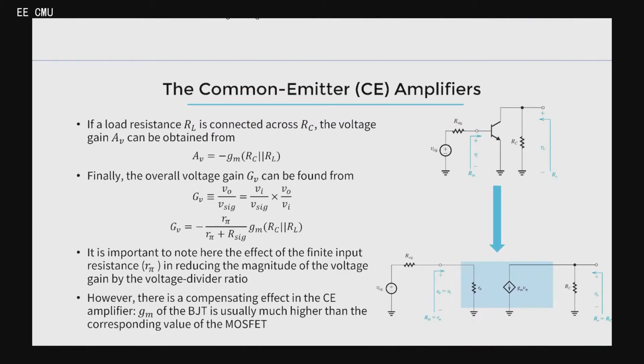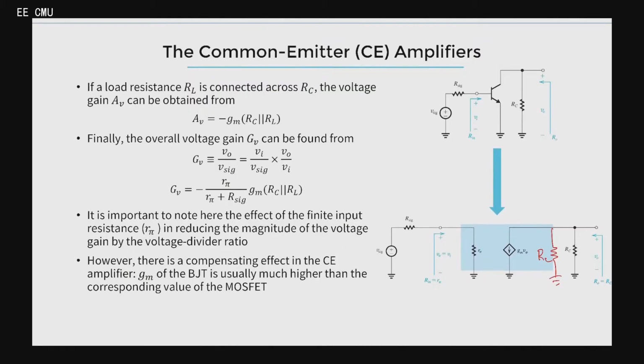Now if we connect a load to the output side right here, the behavior of the circuit will change significantly. This is RL, so you can see that RL and RC are connected in parallel. So we get that these are in parallel, which is this one, right? The voltage drop across this component is determined by the current flowing in this direction, right? So we have gm times v pi. Now what does that come out to be equal to? Oh wait, I meant V output. Sorry about that. This is V output, right? So V output equals negative gm v pi multiplied by what? It's RL in parallel with RC.